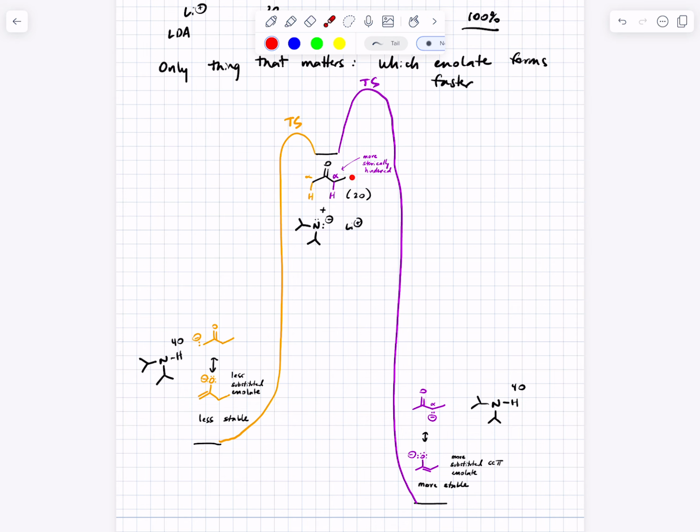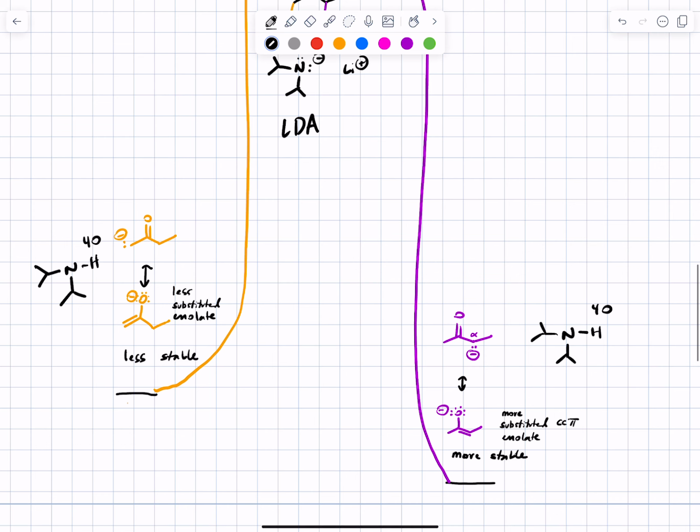And that's different. When we do the reaction under reversible conditions, you can form the less stable enolate as many times as you want. You can always go back to starting material and back to the more stable enolate. Yeah? So is it LDA that makes the reaction irreversible? LDA, yes, is the base that makes this reaction irreversible. The idea is you're using such a strong base that it's very downhill going to the enolate. Therefore, we get,